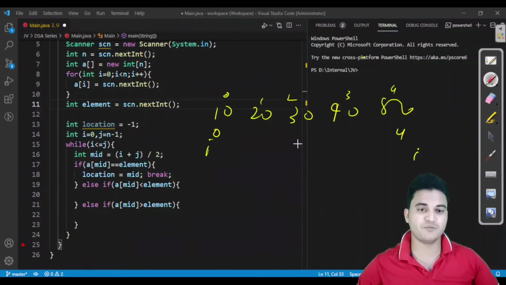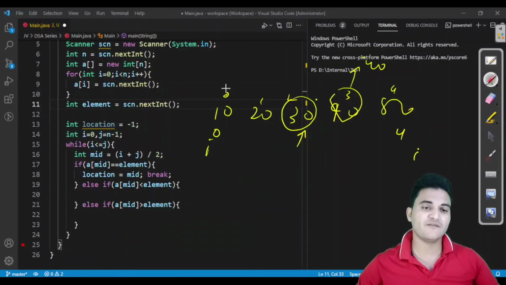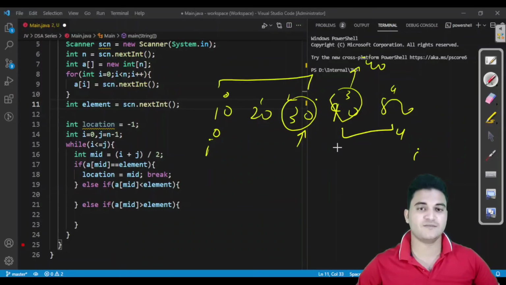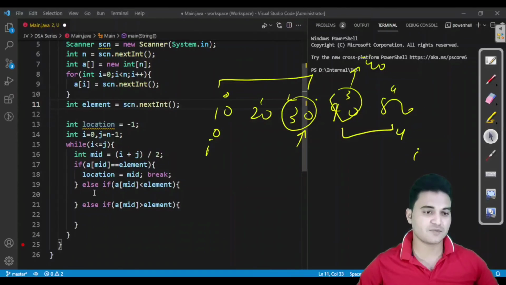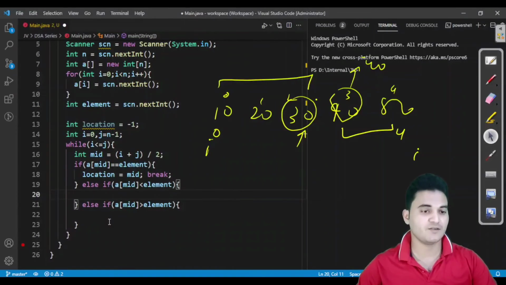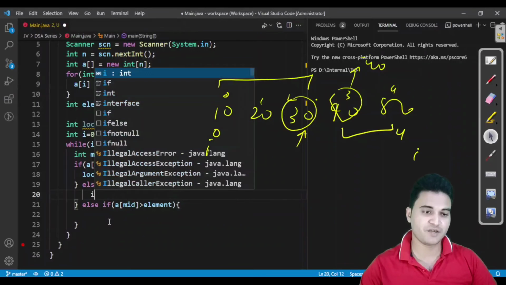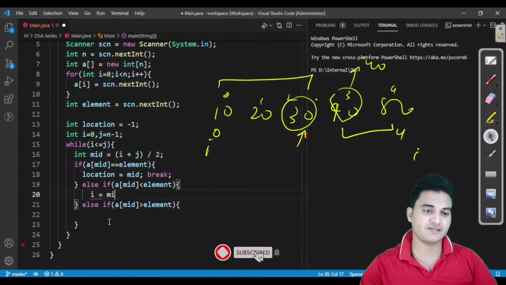If this is less than 40, because we are searching for 40, that means the element will not be in this range. The element is going to be only in this range. Just wanted to explain to you. So if A of mid is less than the element, I have to make my initial pointer as mid plus 1.